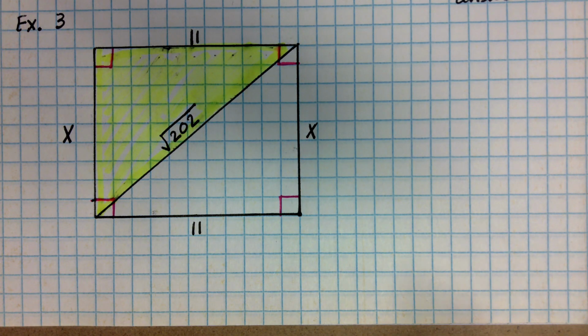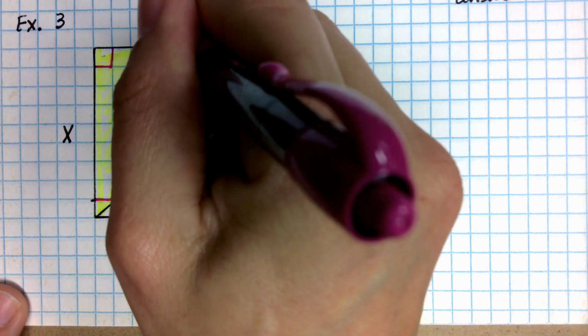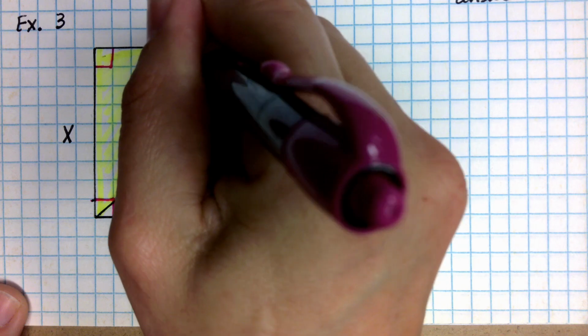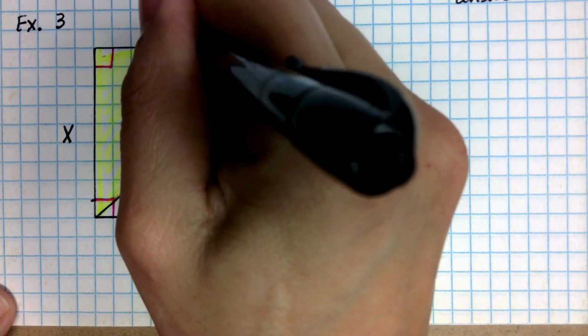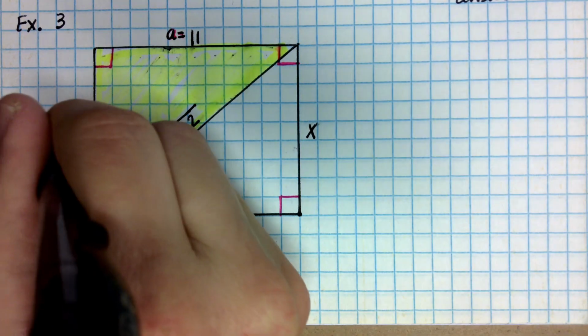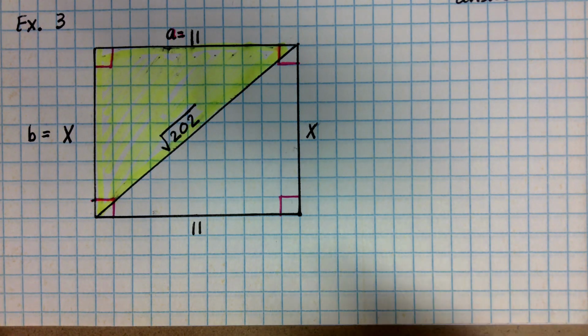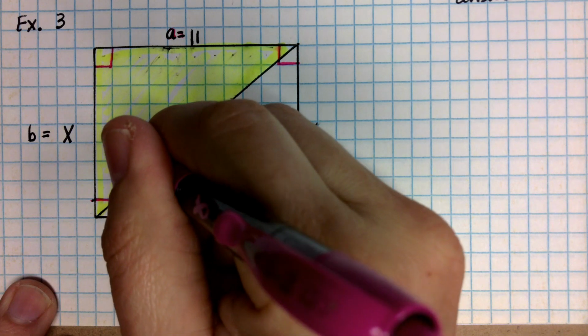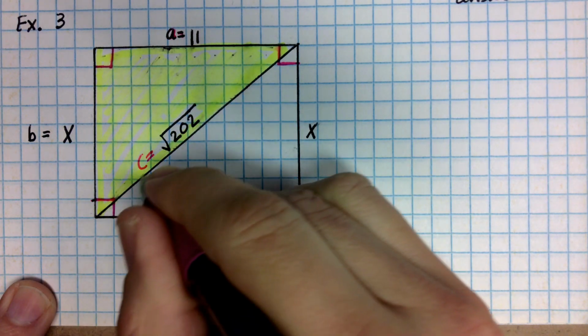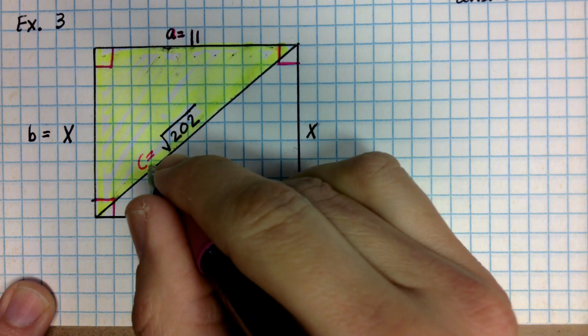But what I'm going to do now is label my A, my B, and my C value. I'm going to call this top one my A value, so A is going to be equal to 11. I'm going to call x my B value, so B is going to be equal to x. And on the bottom, this diagonal that goes across is always going to be the hypotenuse, which is my